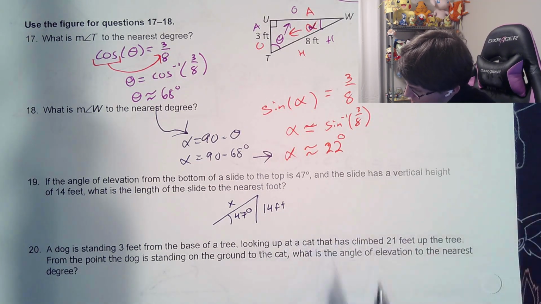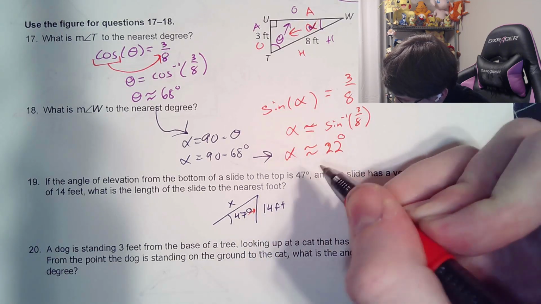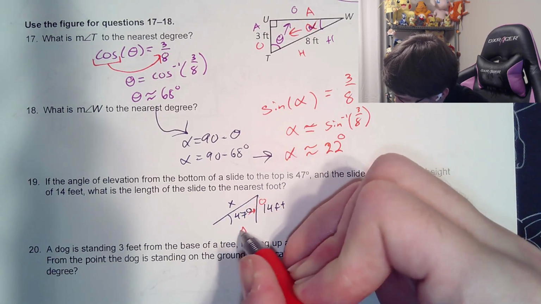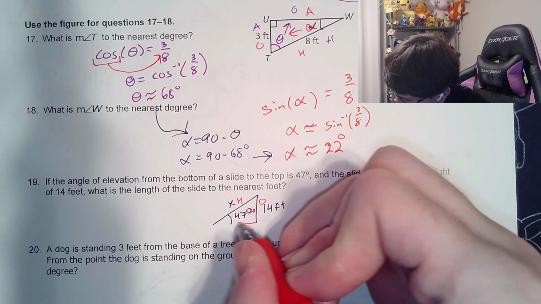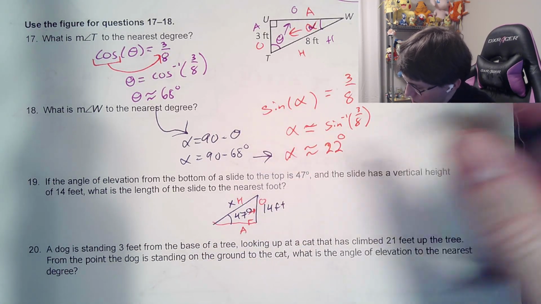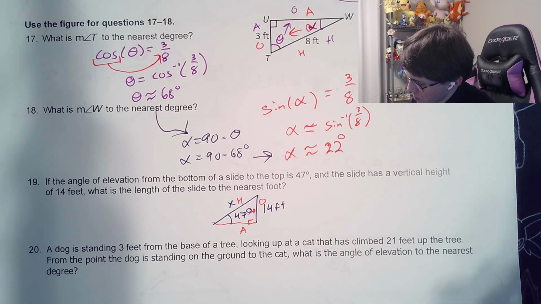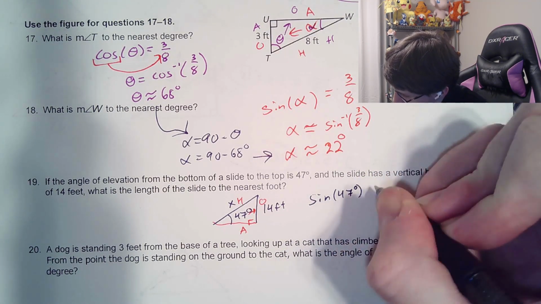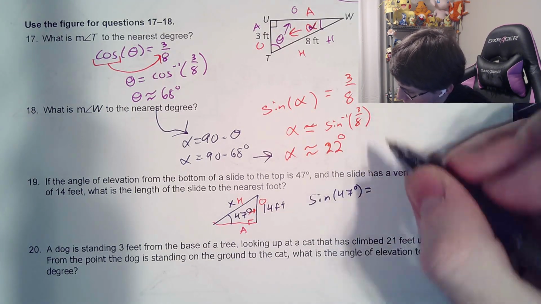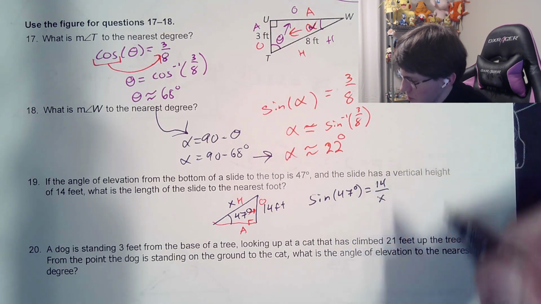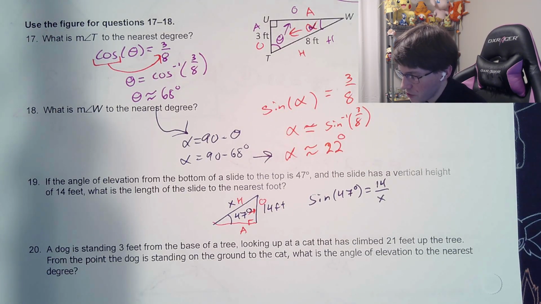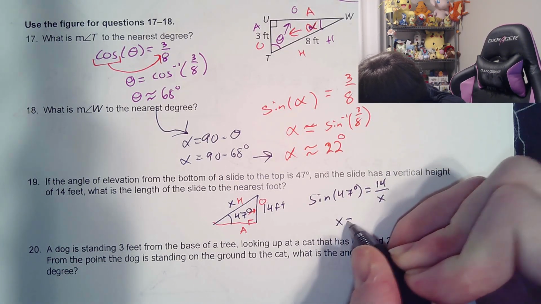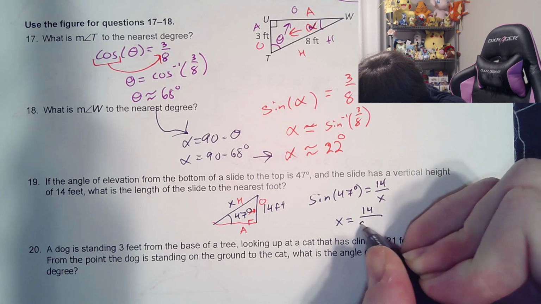So just like the previous ones, you kind of want to draw your little side over there. So drawing it over here, we have the opposite, we have the adjacent, we have the hypotenuse. I didn't even draw that all the way in there. Our right angle, and therefore we can write down that the sine of 47 degrees is going to be equal to the opposite over hypotenuse, 14 over x. Now, the big difference between this question and questions numbers 15 and 16 is that x is on the bottom. When the x is on the bottom, you switch the positions of the x and the sine. So we're going to go ahead and say x is equal to 14 over the sine